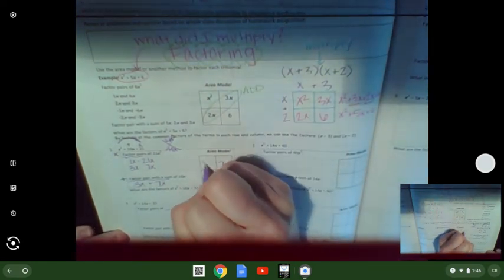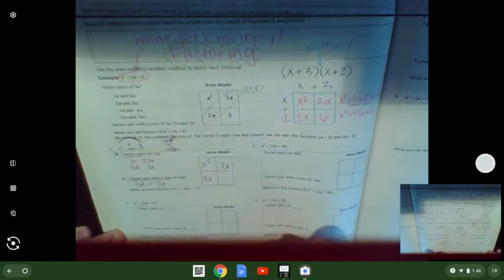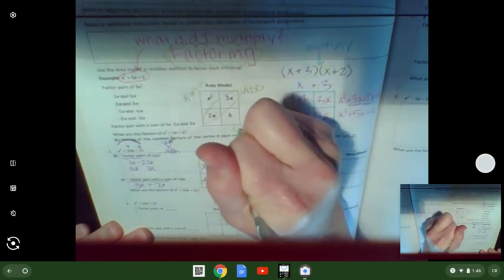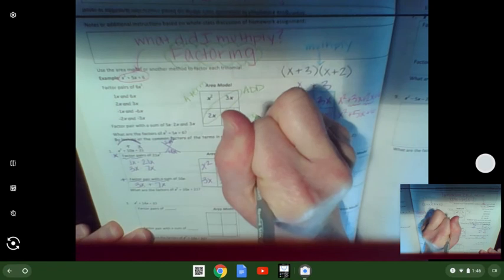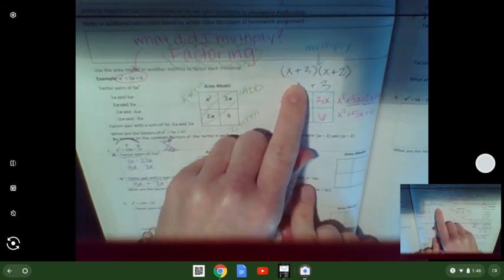And my other two boxes are going to be my very first term, my squared term, or my a term. That's where we'd get the a from in the quadratic formula. And my last one would be my constant term, or my c term. So this is my a term, and this is my c term. A term and c term. So now we're going to work backwards. Now that we have the box filled in, we're going to work backwards and see what did they have in